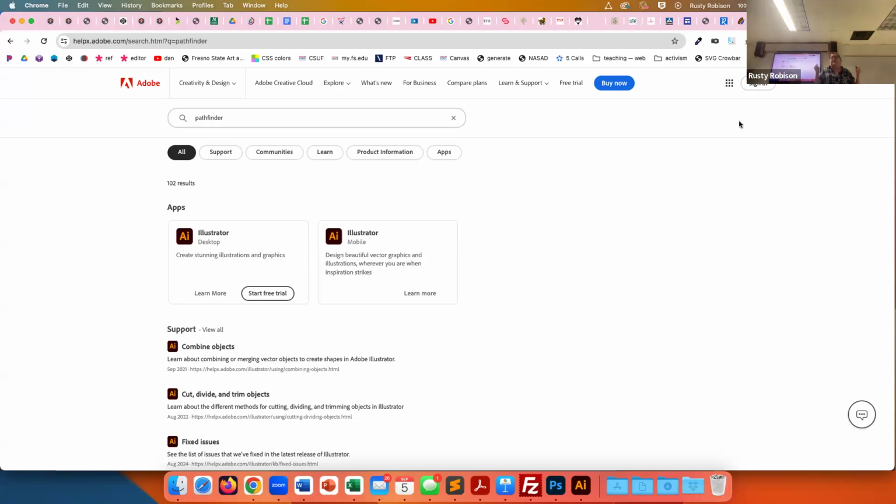If you're working in 3D, not Adobe, like Maya or something like that, you're going to have transformations. If you're working in code, like you're coding a website in CSS, you're going to encounter transformations. So they are fundamental to digital graphics. Once you understand them in one space, then you can transfer that knowledge over to any other graphics program